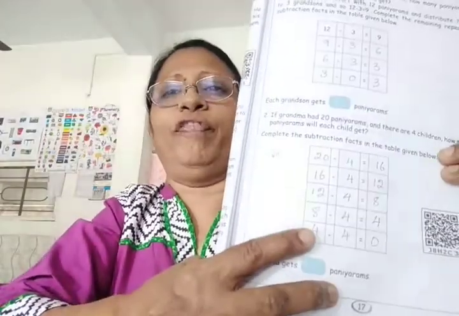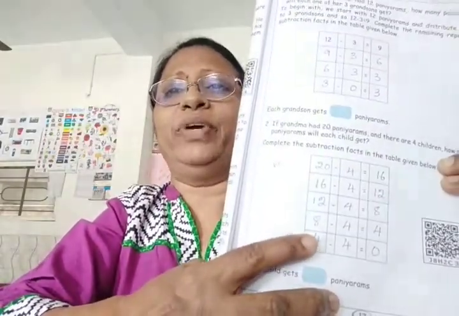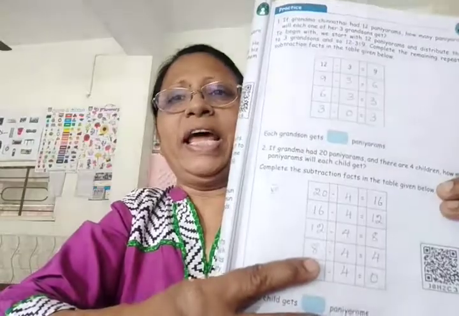This is definitely going to come for the exam. So please make a note of this revision that I am doing. This will come for your exam, that is the third midterm exam. You should know how to do repeated minusing or subtraction of 4s. Okay. Page number 17. Find the rule and complete the pattern. Okay. Find the rule and complete the pattern.